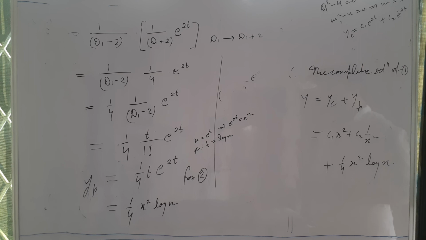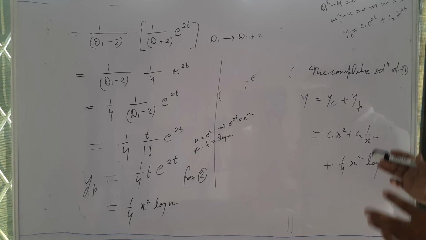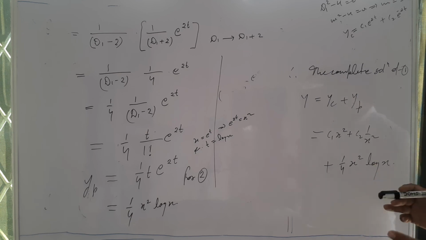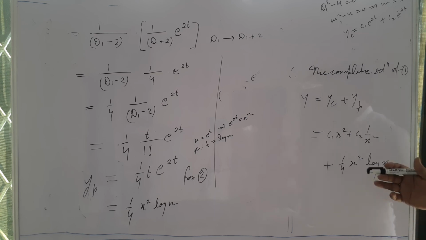In a similar manner we can solve the Cauchy-Euler equation of third order, fourth order, and so on. In the next lecture we will solve some questions based on Cauchy-Euler equations, and we will start the next method, which is Legendre linear equations. Legendre linear equation is also a special type of linear homogeneous or non-homogeneous differential equation with variable coefficients, which is a generalization of the Cauchy-Euler equation. Okay, thank you.